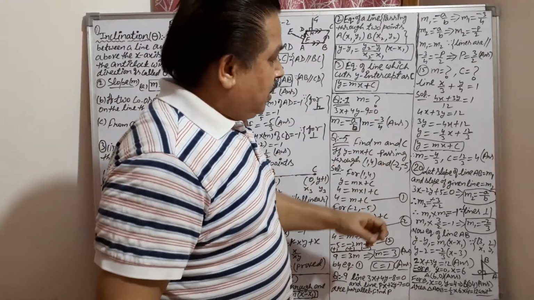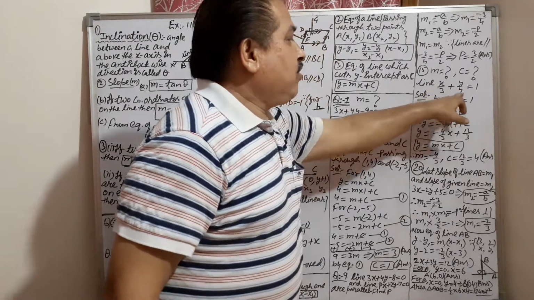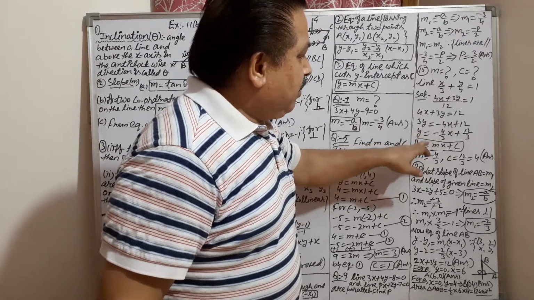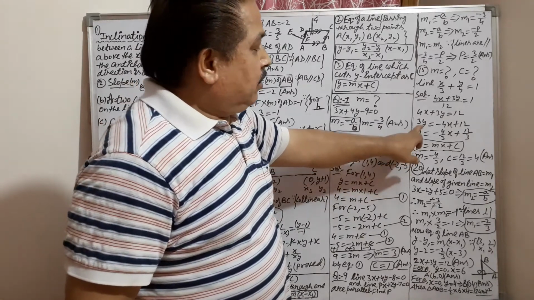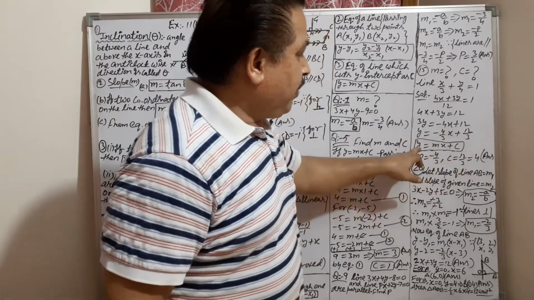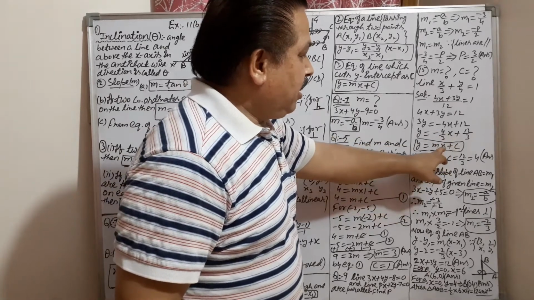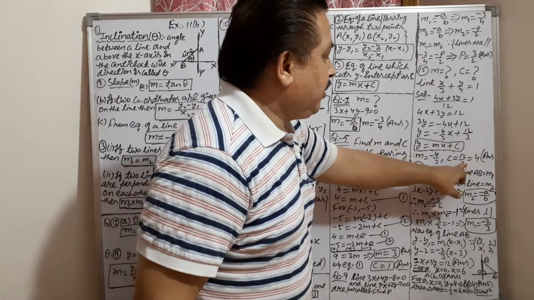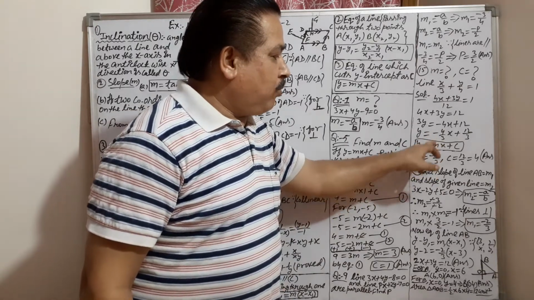Now see the 15th question. In the 15th question, find m and c. This is the given equation of a line. Take LCM, so it becomes a simple equation, and change it to y as subject. Make y the subject here. Remove this 3, this 3 will come down here. 4 by 3, 12 by 3. Now equating with the equation y is equal to mx plus c, what is with x? Minus 4 by 3. And what is with x here? m. So m is coming minus 4 by 3 and c equals 12 by 3, means 4, by equating, because these two equations are in the same form.